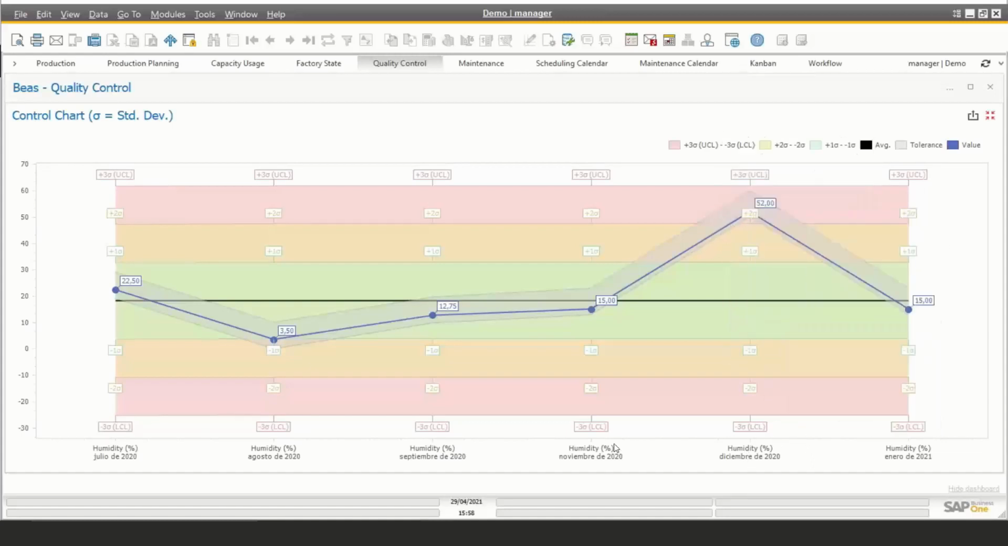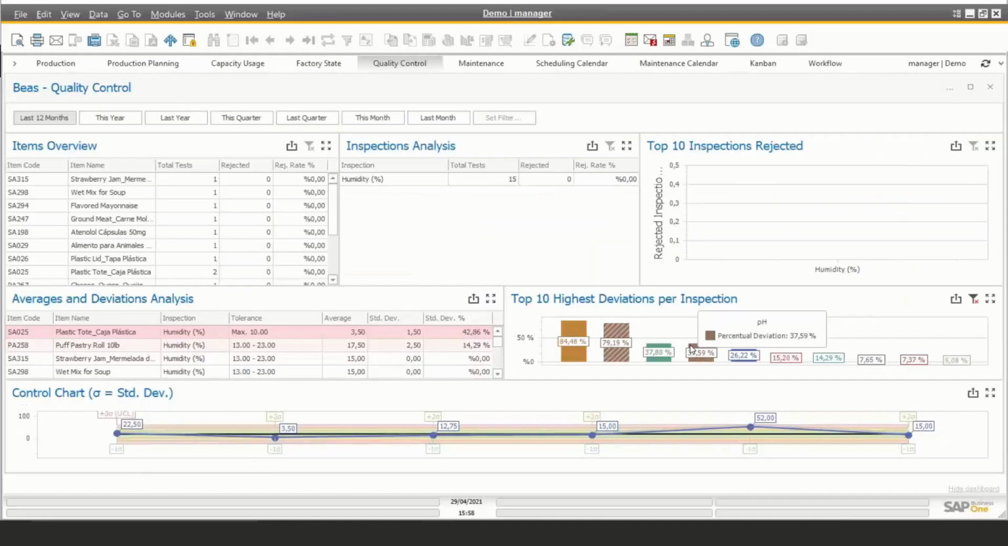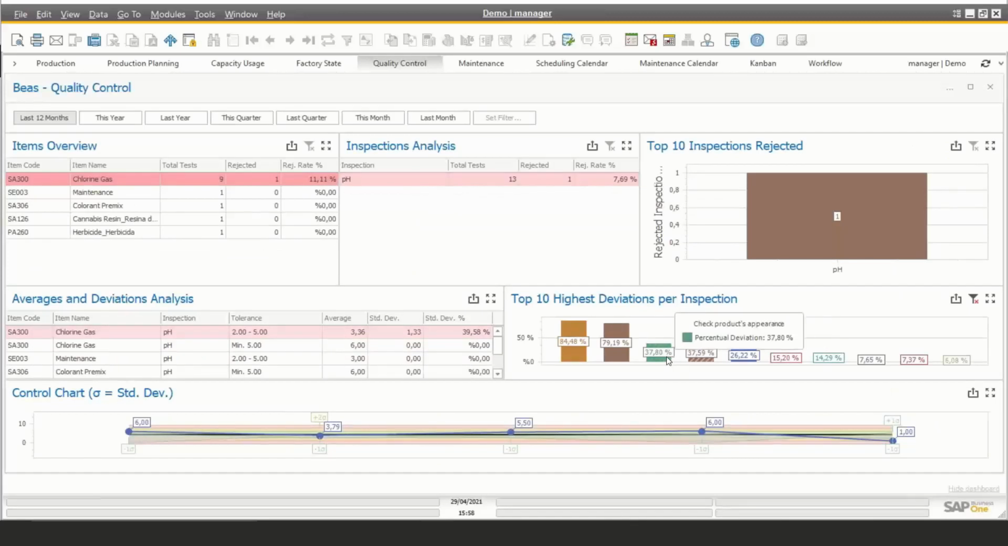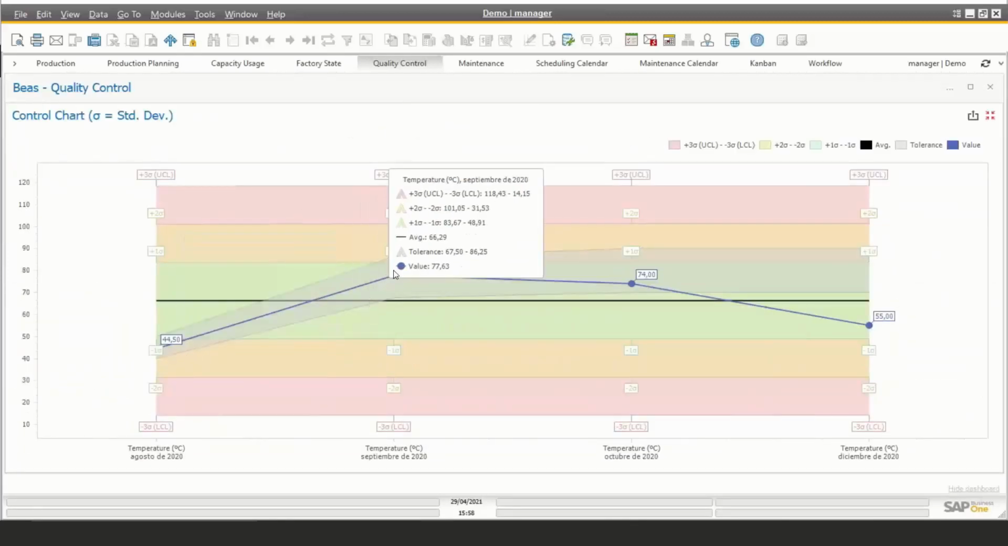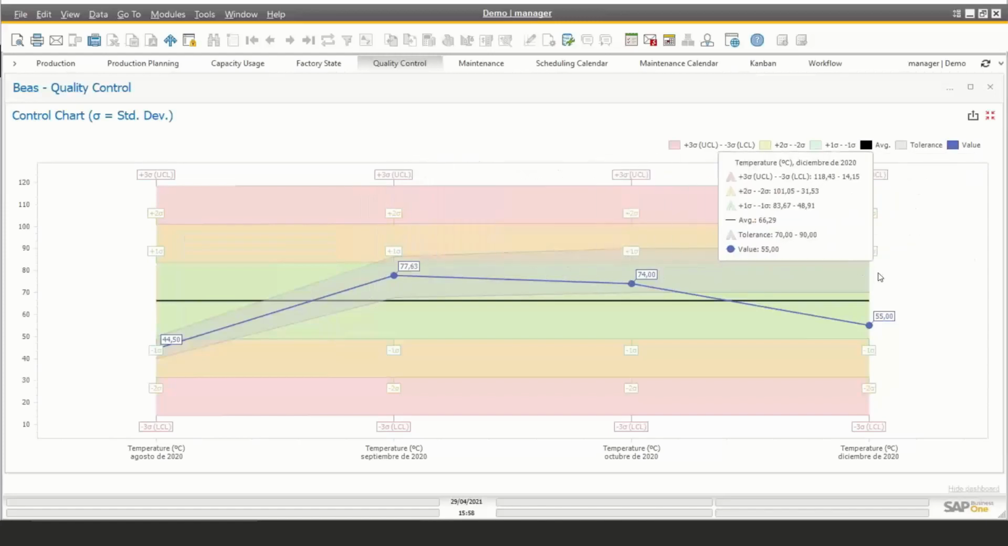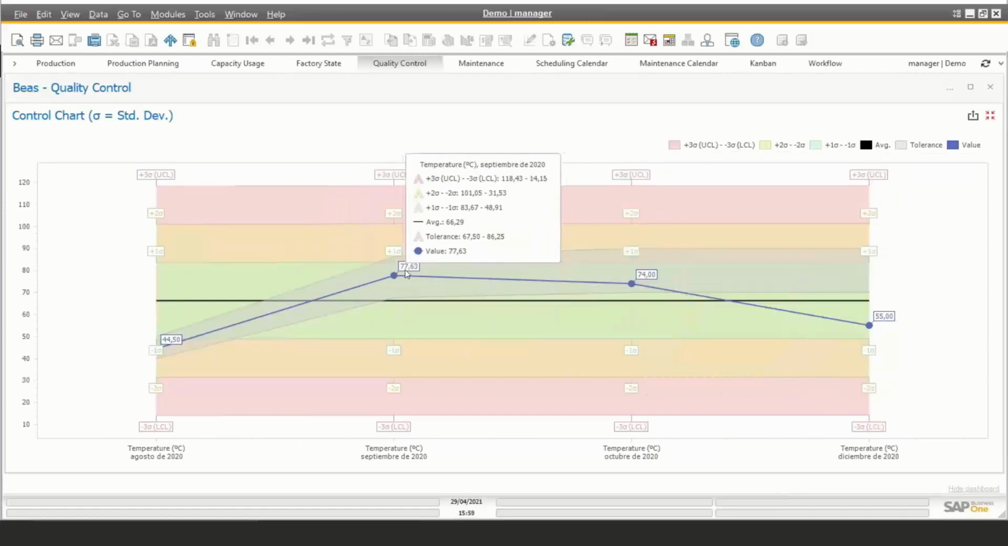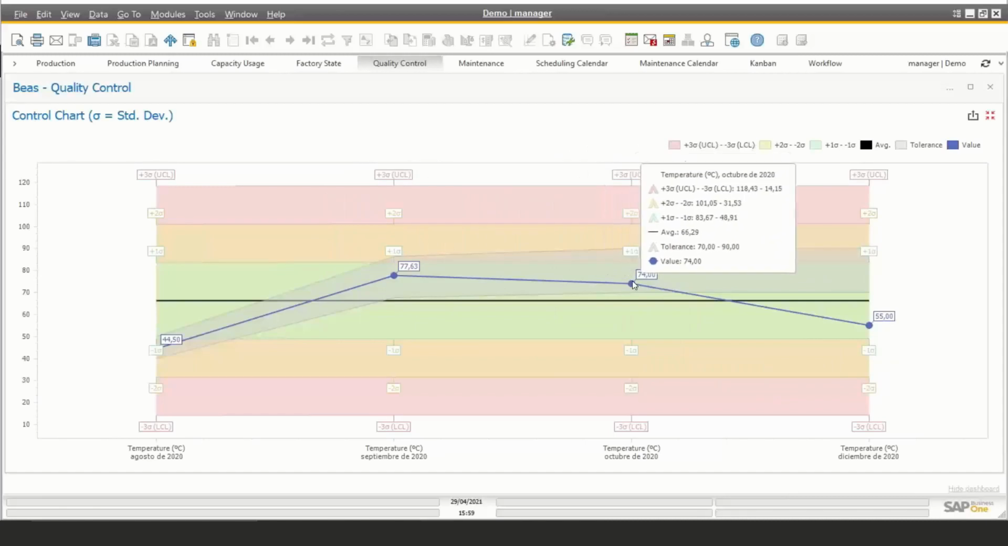So in this case of humidity, I had variable tolerances across the months because I am inspecting different products with different specifications, and this is why my tolerance varies. But if I have one that is fixed, for example, the temperature, I have the temperature starting with a low tolerance, but then it is fixed after some time, I can see how I am also performing in relation